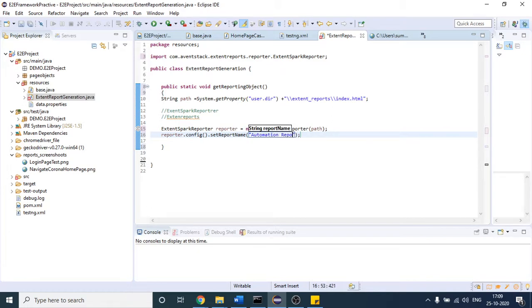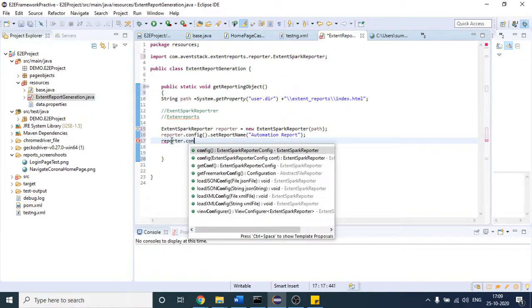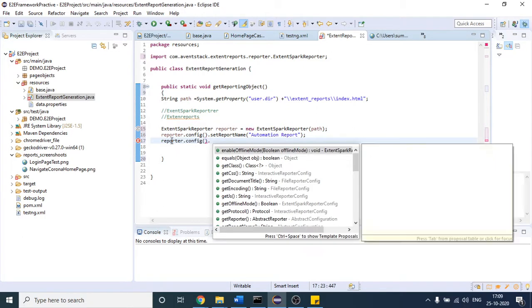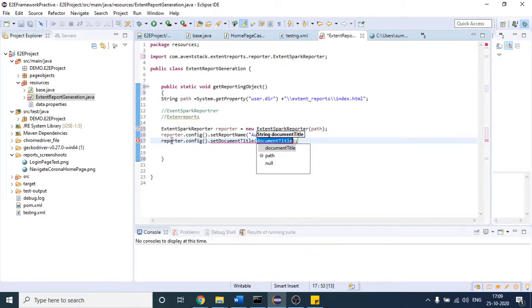First you will give it like that, and let me set some more parameters here as well: reporter.config dot set document title. What is the title you want to give?